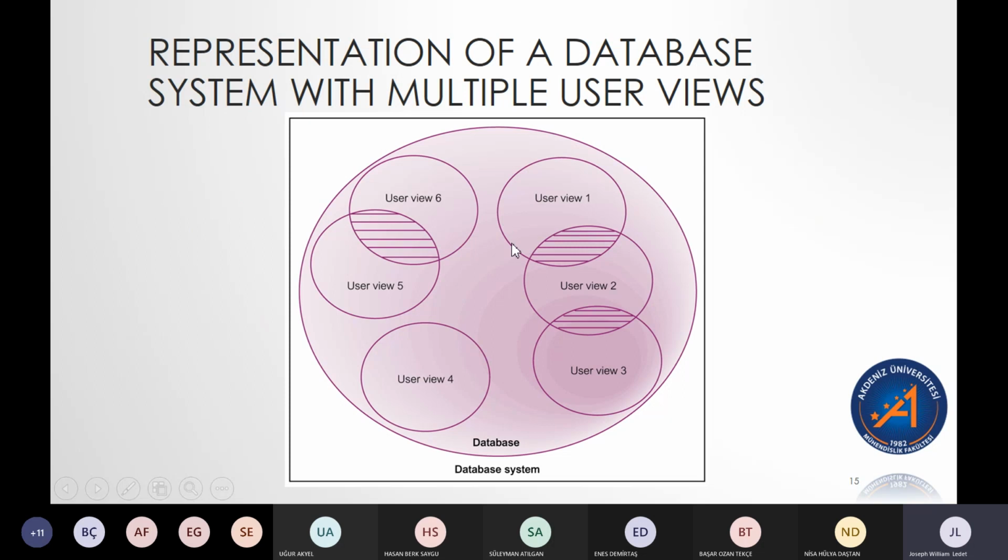Within the data that exists, different users will see different parts or have different types of access. This could be what they can see. This could be what they can change. Remember, we talked about granting update access to certain fields, to certain columns, right? And you also see there's some overlap between some users. You might have a managerial user that has a particular access,